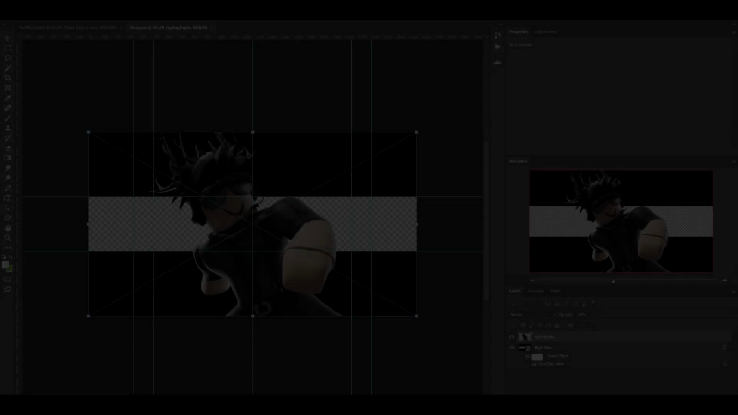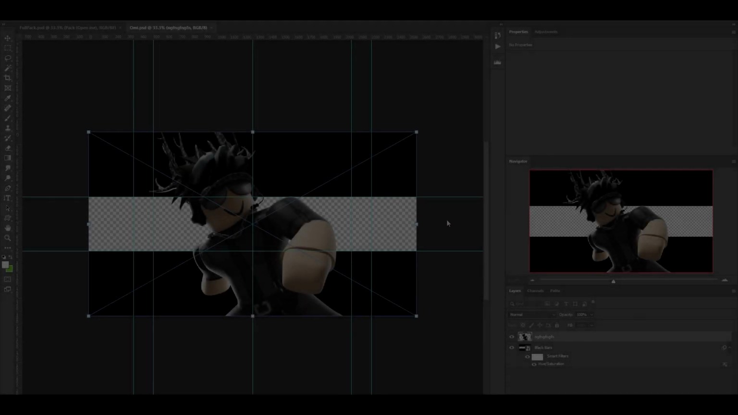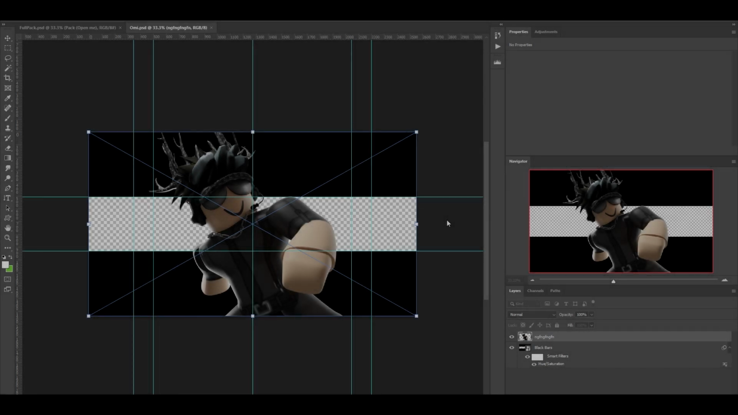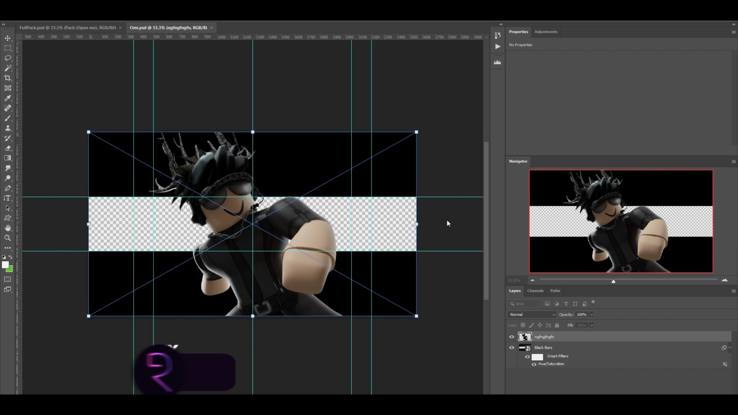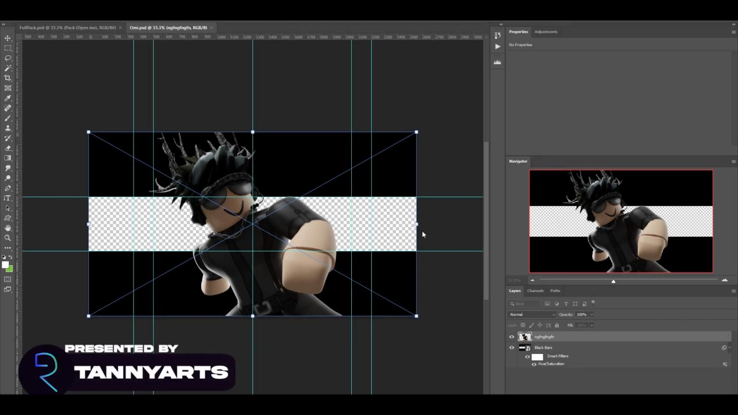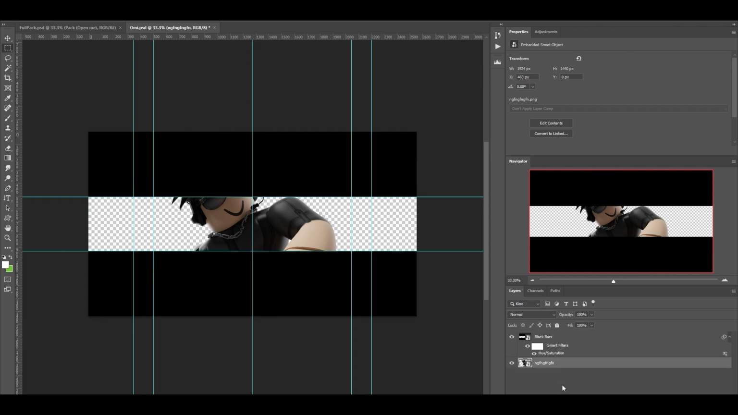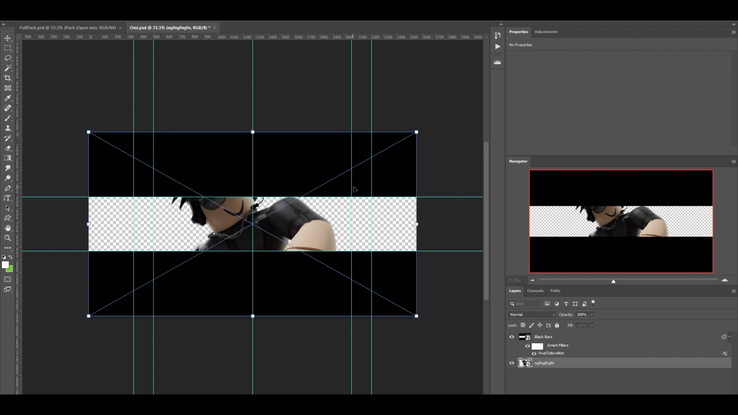Welcome to Photoshop. As you can see, I pasted in my avatar. It looks horrific, but we're gonna fix this. First thing, obviously, this template is gonna be in the description for you guys to use. First thing I'm gonna be doing is clicking Ctrl+T, making sure our character is behind the